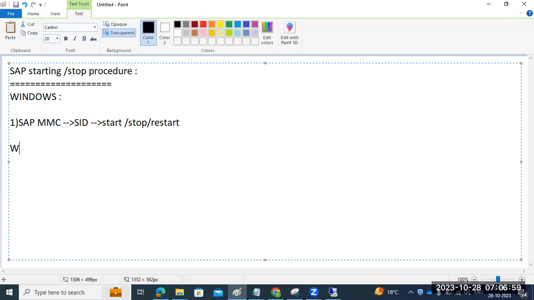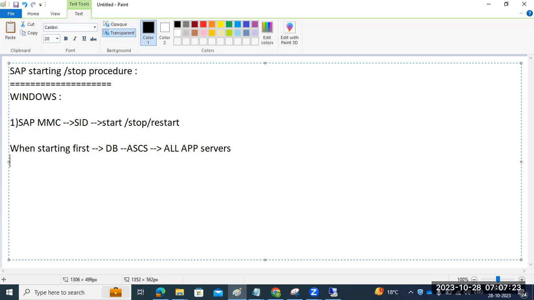When following the starting procedure, normally first the DB will start. After DB, ASCS will start. Then after that, all application servers, PAS or additional application servers, will start.